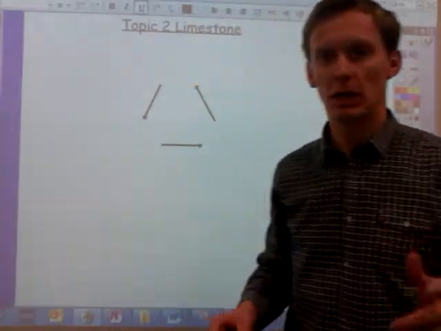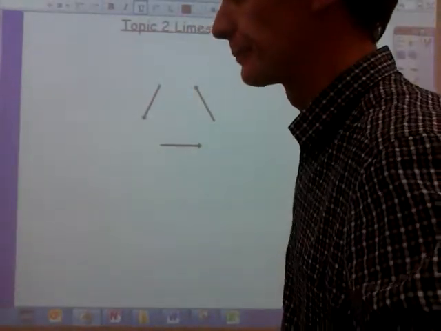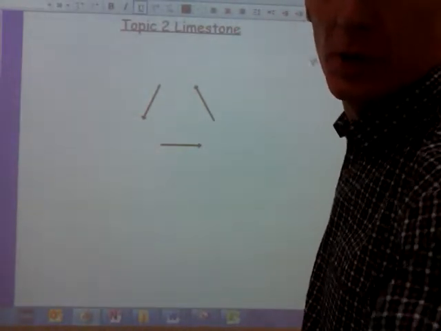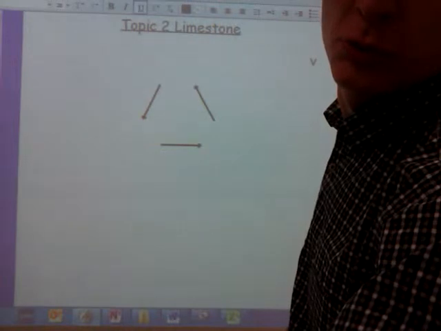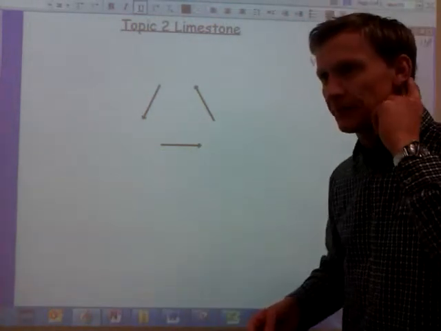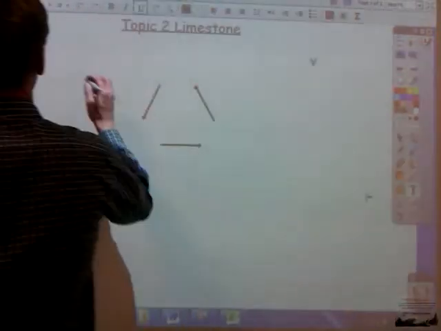Topic 2, limestone. Right, you can basically put these things into a cycle. So, topic 2. So start with 3 types of rock. Okay, so you've got